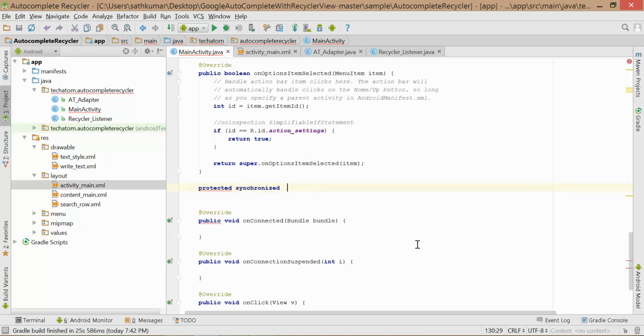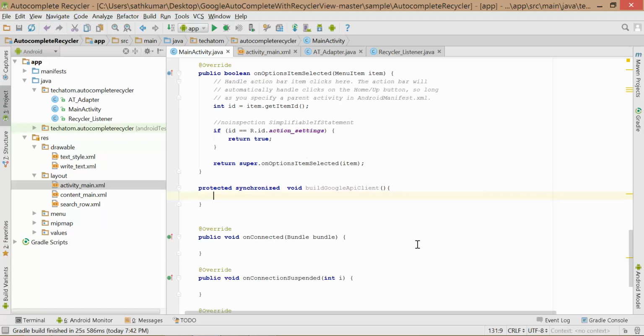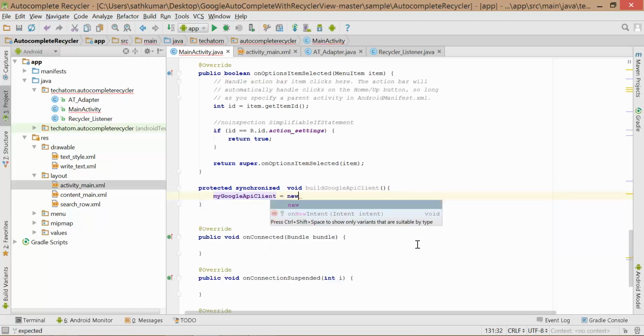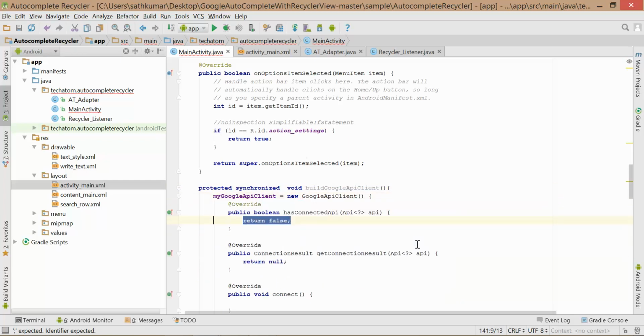So I'll do that over here. Build Google API client, and let's do that. My Google API client is equal to new Google API client, and